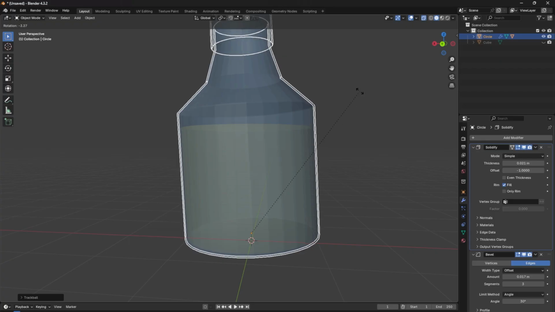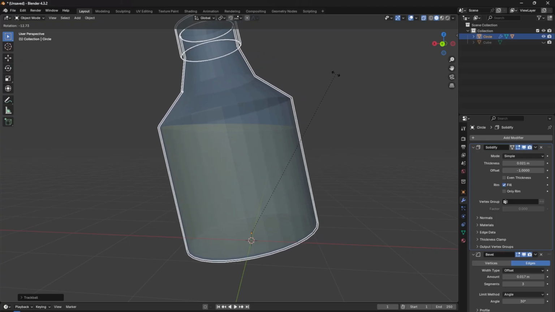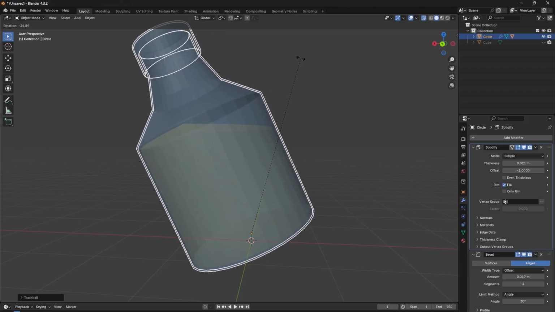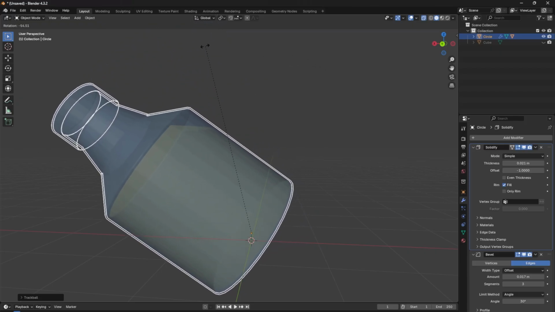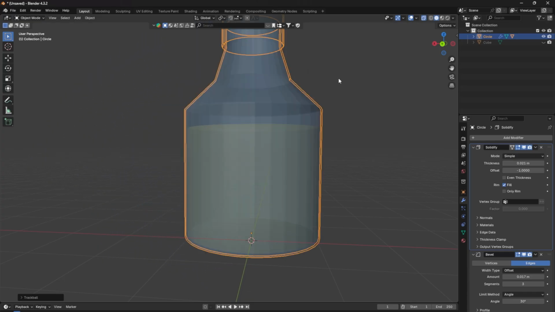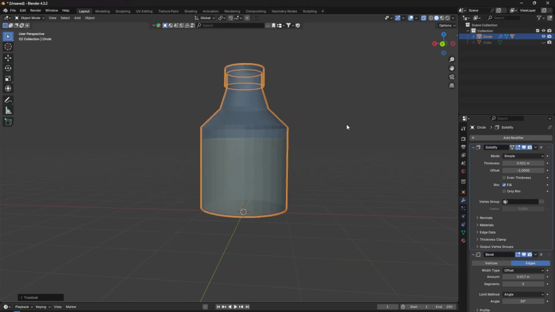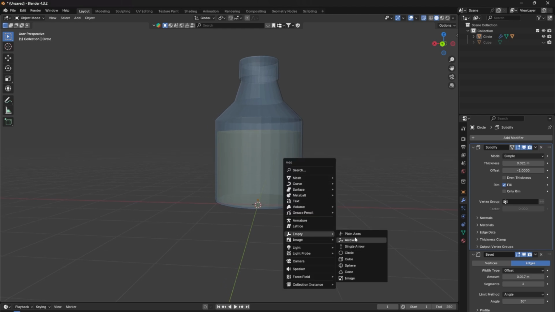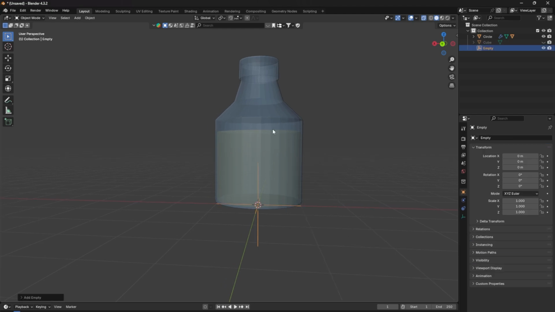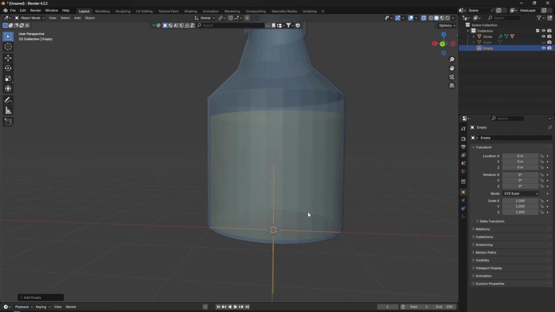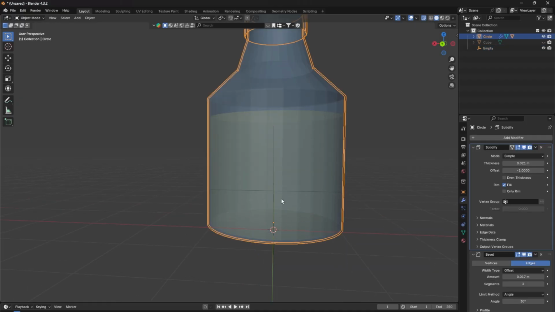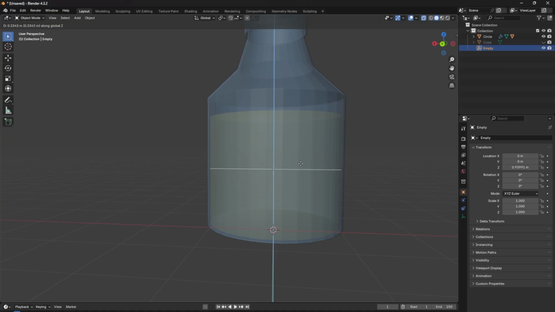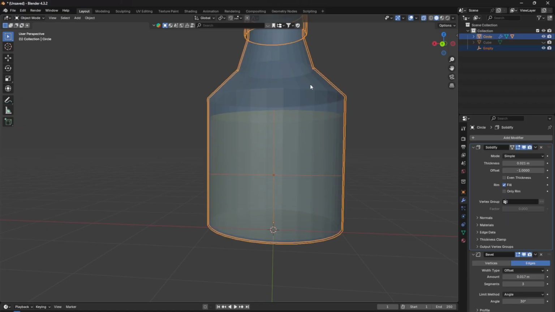Currently when I move the bottle, the fluid goes with it, but when we leave the cube, it is certainly gaining fluid and filling the bottle, which we don't want. We need our fluid volume to be consistent. For that purpose we need to add an empty over here. Just a simple empty, and make sure it is not at the origin point of the bottle. Perfect. Now we need to parent the empty with our bottle,